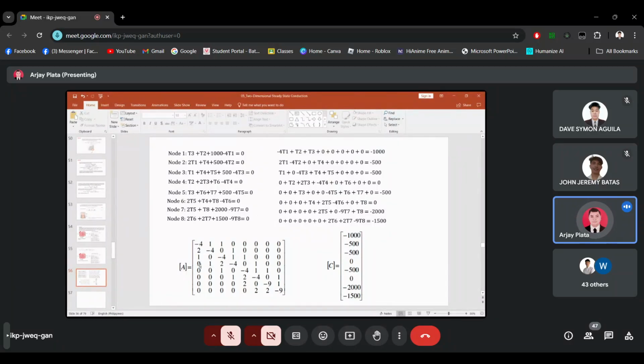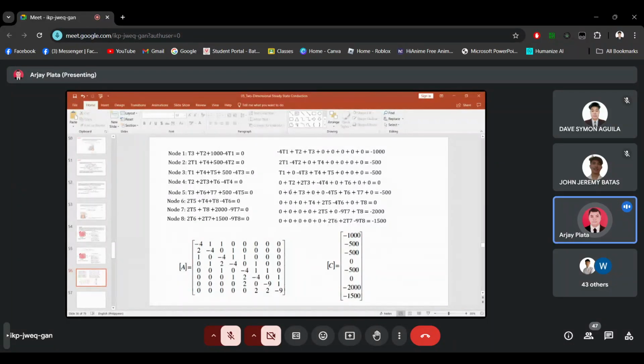Then 0, 1, 2, negative 4, 0, 1, 0. Wait lang. So, node 4: 0, 1, 2, negative 4, 0, 1, 0, 0. So, it's correct. Next is node 5,